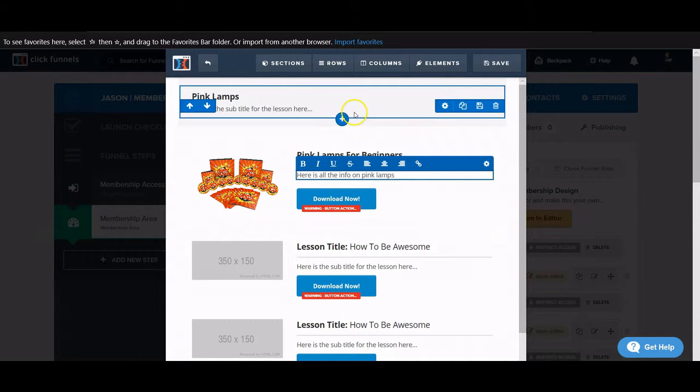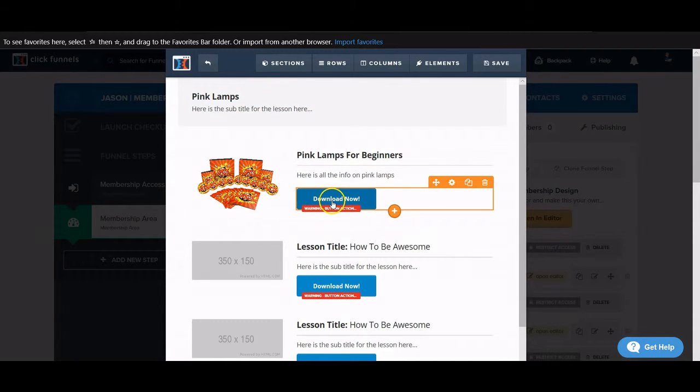Now, if we had content that we wanted them to download, we can't upload the content to ClickFunnels. What we can do is we can use an upload service, a cloud service like Dropbox or Google Drive, and we can share content from those. We can get a shareable link from Google Drive or Dropbox, which basically we upload a content to our personal or business cloud service, and then we can get a shareable link that allows other users to access that specific